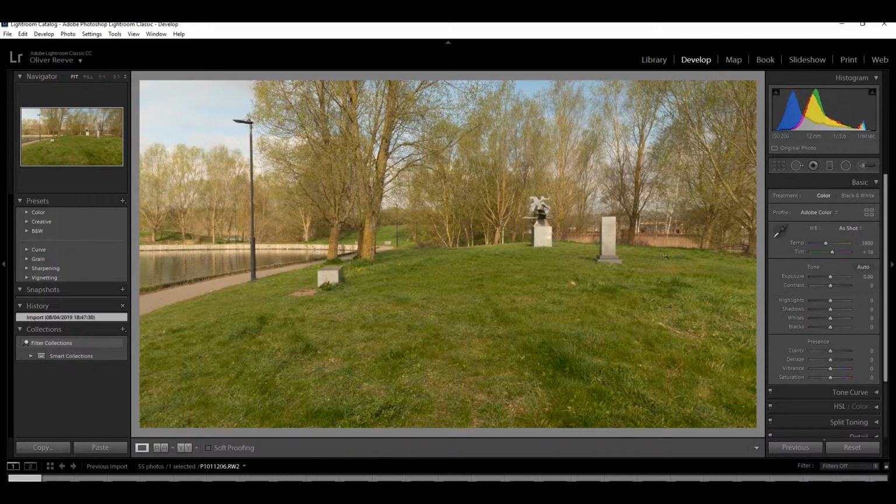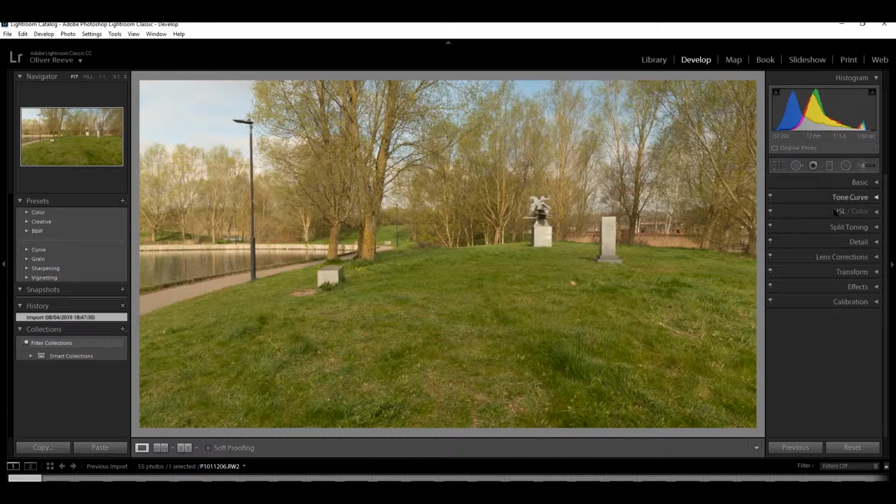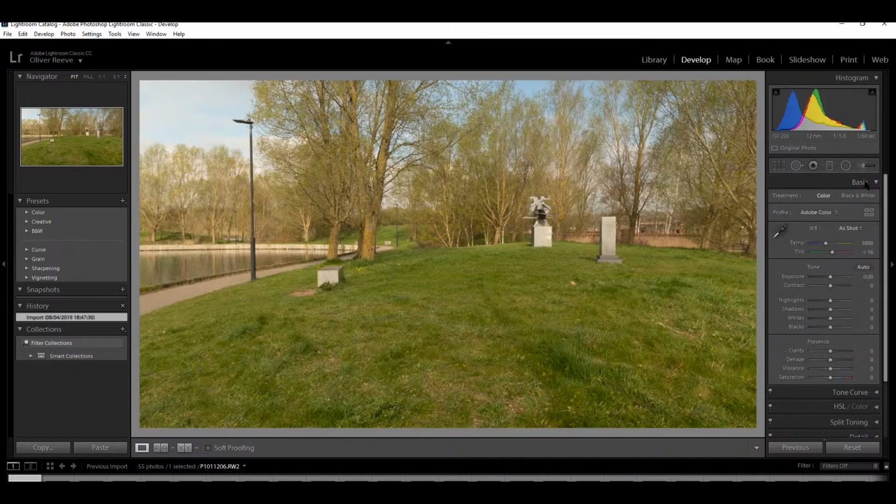So next we're going to click on develop. Now the beauty of working with raw images, as you can see, this is a raw image, Lightroom allows you to adjust loads of features which you would normally have to do on the day if you're using a JPEG. So for example, if you overexpose, slightly underexposed, etc., you can quite quickly adjust that with a raw picture. However, if it's a JPEG and you start pushing it and pulling it around too much, you can really adversely affect the quality. So I'm not going to do much of a grade today, purely because I want this tutorial to be really quick, but I do recommend you play around with Lightroom and really get an image